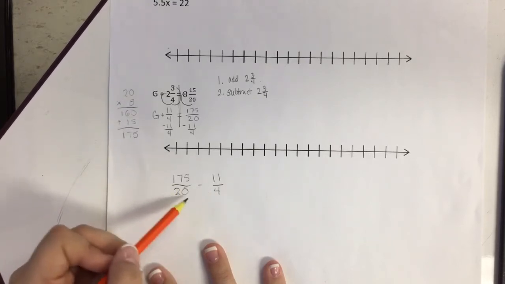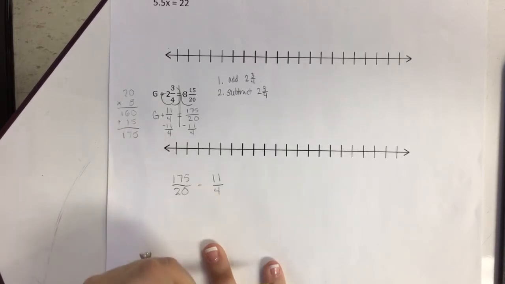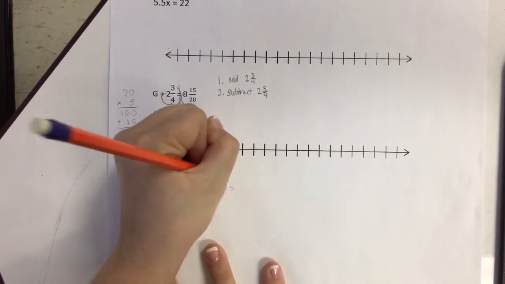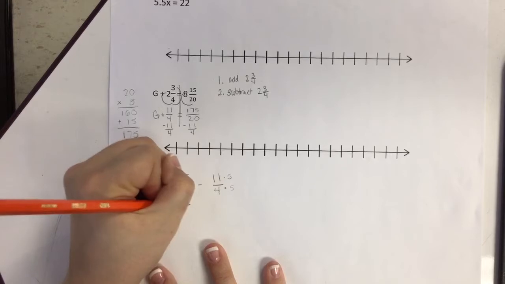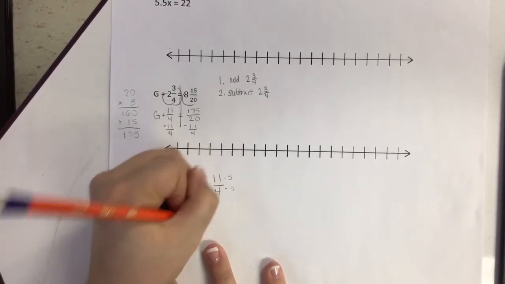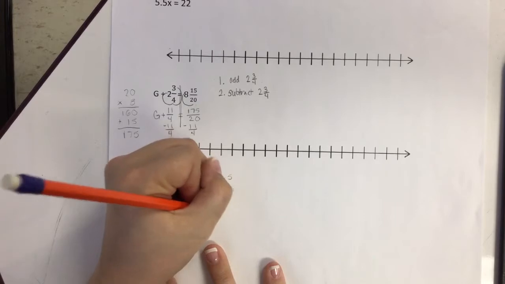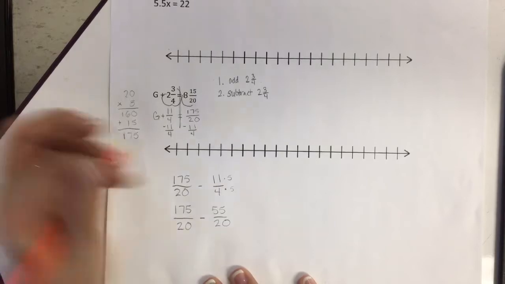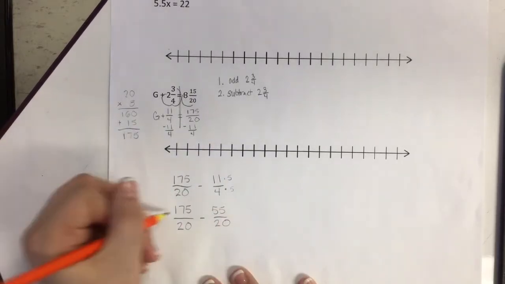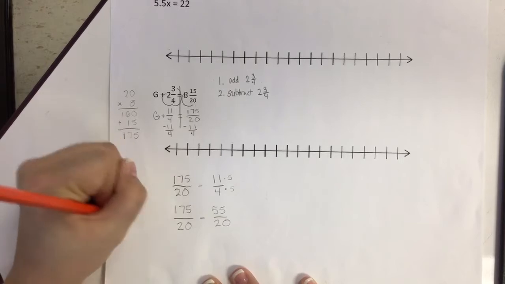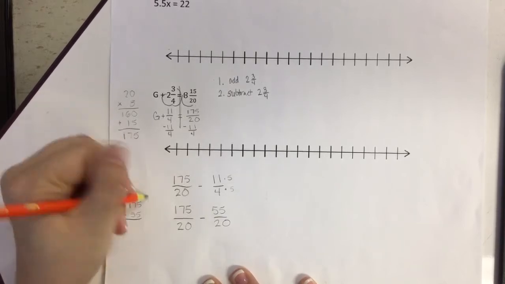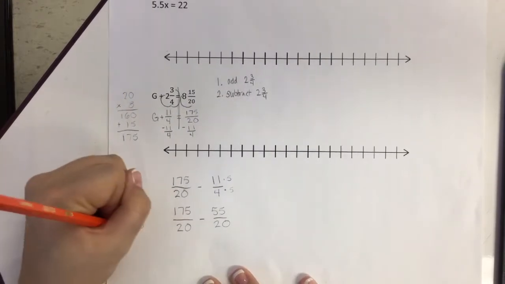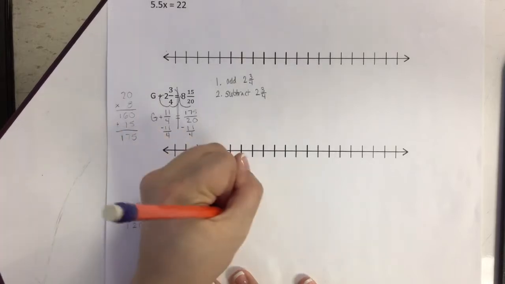Well, I'm looking here, I see 20. I know 4 times 5 gives me 20. So if I multiply over here, 4 times 5 and 11 times 5, what I actually have is 175 over 20 minus 55 over 20. So now I have a lot easier problem to work with. I just subtract across. So 175 minus 55, 5 minus 5, 0. 7 minus 5 is 2, and we just bring down our 1. So I have 120